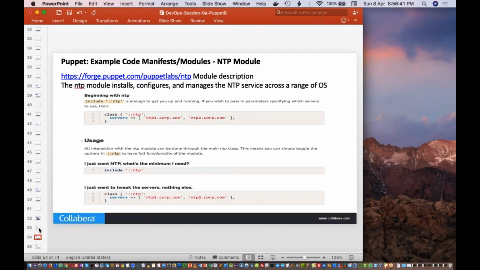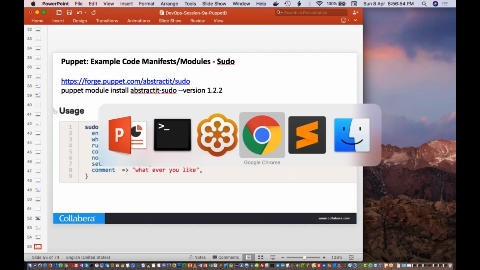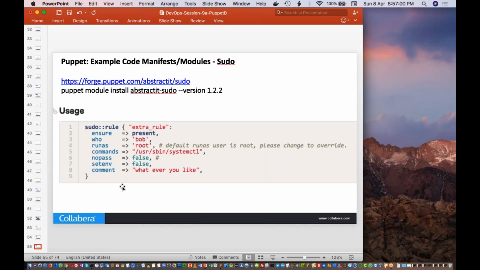So these things we saw, like how to download, and one more thing is this is the NTP module. If you want modules, you'll be able to search from this particular URL like I showed you last time. If it is the sudo module, then you can use it like this, and see this one.